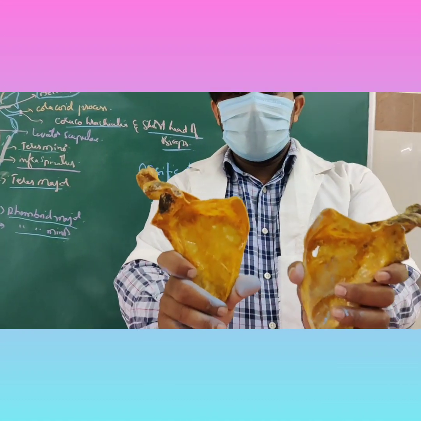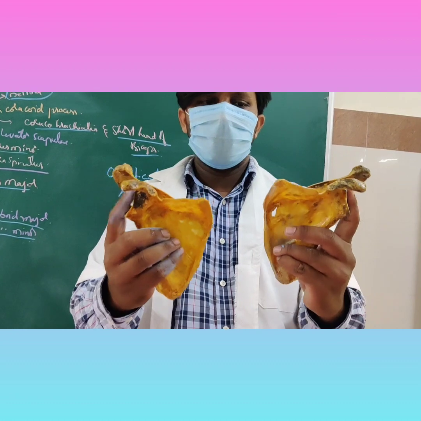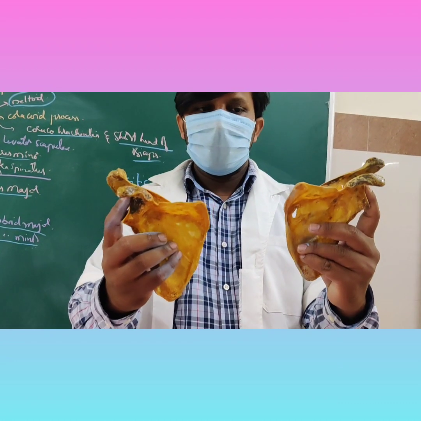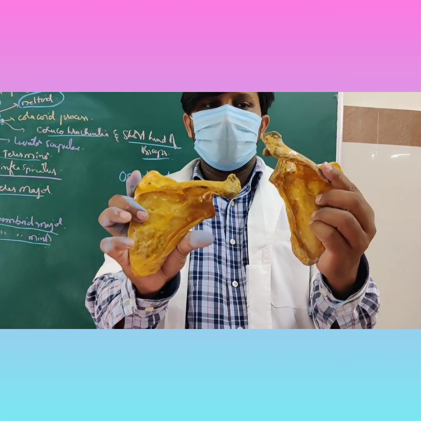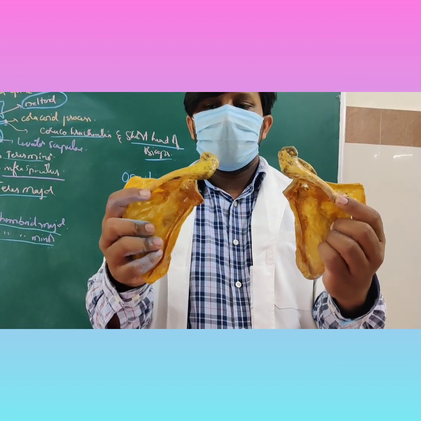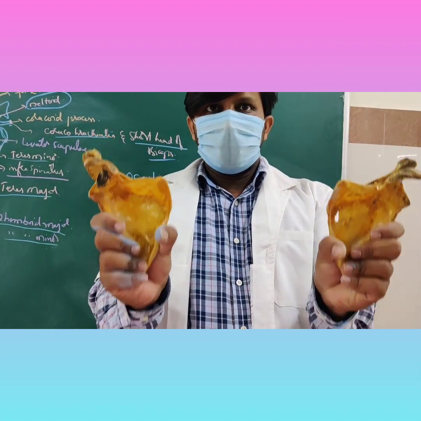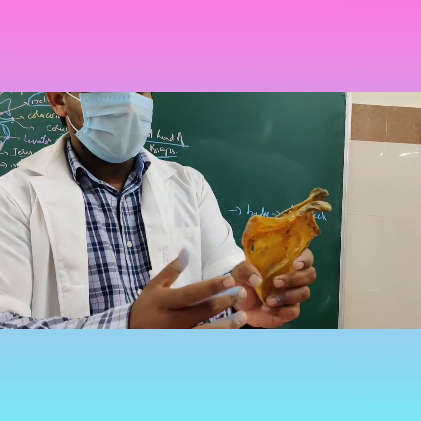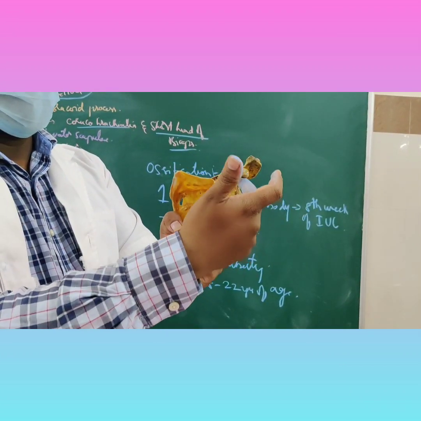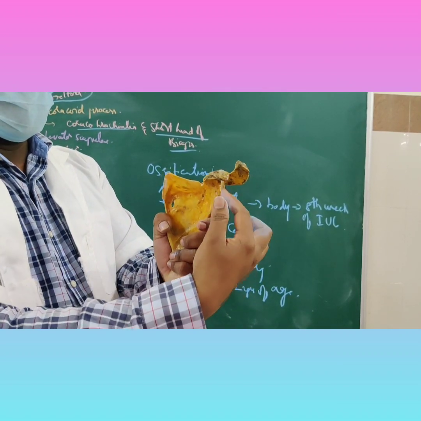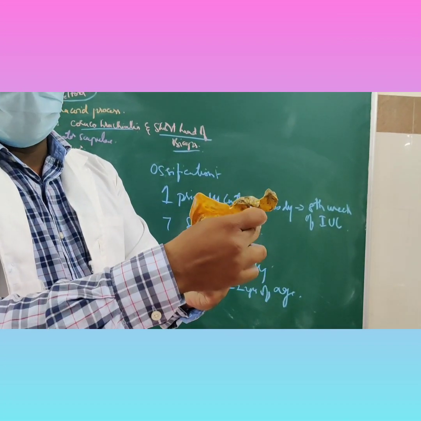To tell the difference between the right and left scapula, look at the glenoid cavity. The glenoid cavity should face laterally, away from the body. The ventral surface is this one. The dorsal surface has the spinous process, which interrupts it. So you have to hold the scapula like this. This is left sided, so the glenoid cavity is facing away from the body laterally. The head of the humerus faces medially, and the glenoid cavity articulates with the head of the humerus to form the mobile shoulder joint.